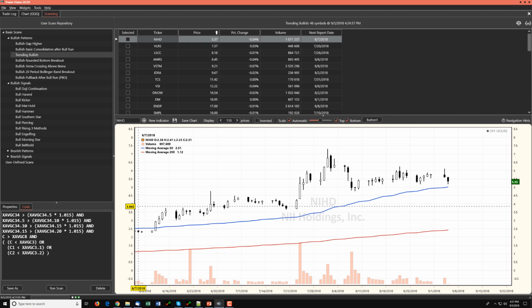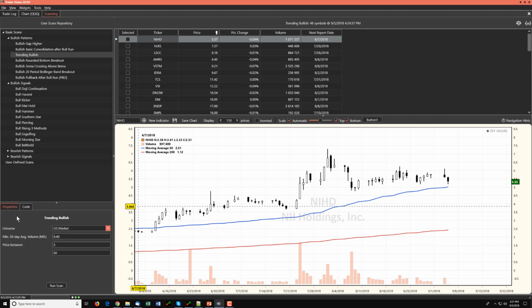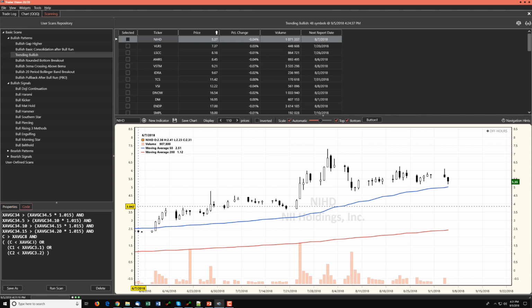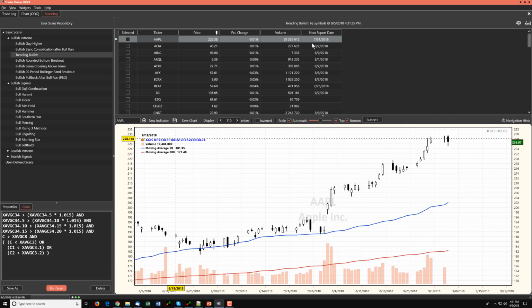Now, I could run it just like this, and it would use the filters that I had put back here, or I can clear this out altogether, and it will find any results with no filters within the US market universe. So if I run that, it finds 62 of them, but I'm not sure that's going to meet my liquidity needs. So either I can go back here to properties and add my liquidity in there, or you can do what I do,